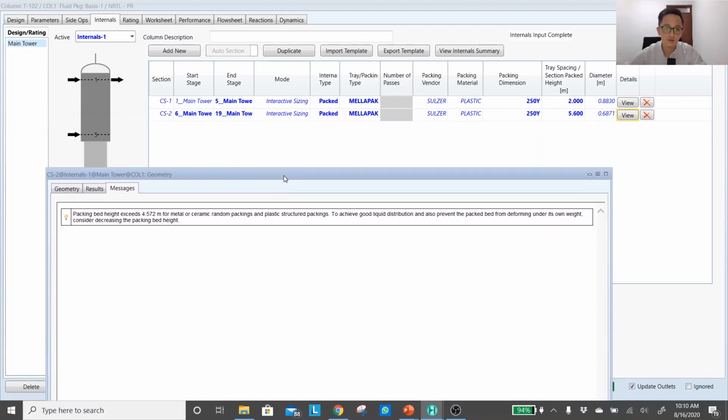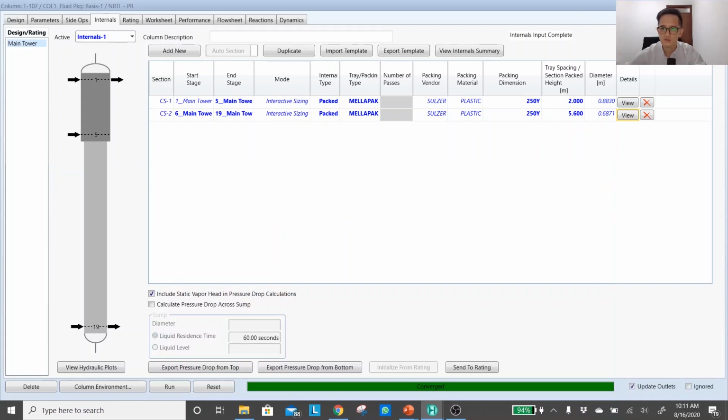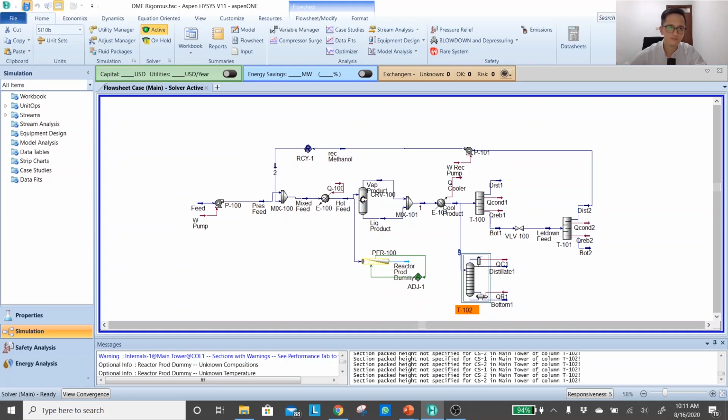You can actually solve it directly by adding a third section, for example from stage 6 to stage 16, and then last from stage 17 to stage 19. That will solve the problem, but I will leave that to you. Okay, so I'll save it.